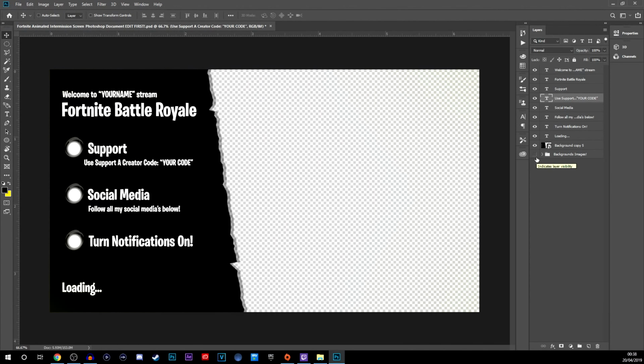So guys, we're on Photoshop right now, and basically what I'm going to do is leave this template in the description down below for you guys to actually go ahead and download. I'm not going to go and tell you how to actually do this. It's not really a beneficial part of this actual tutorial. I'm pretty sure it's self-explanatory on how to create something like this. But for video purposes, I'm just going to leave